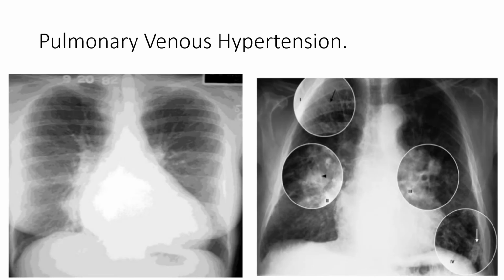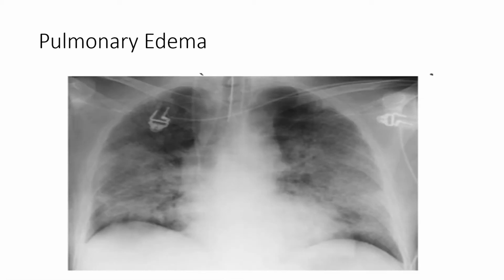This is an X-ray depicting pulmonary venous hypertension, and various signs can be seen. Initially, we'll be seeing the cephalization of the vessels, which is then slowly followed by haziness of the vessels, and if untreated, peribronchial cuffing, and finally Kerley lines appearance, which are seen as perpendicular lines to the pleura. If untreated, it can progress to pulmonary edema, which can be seen with the classical batwing appearance.